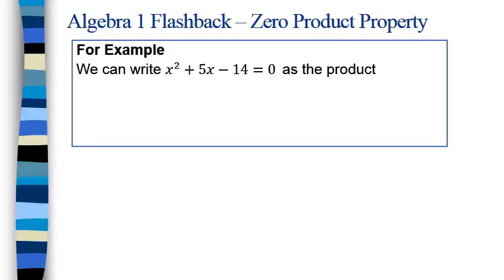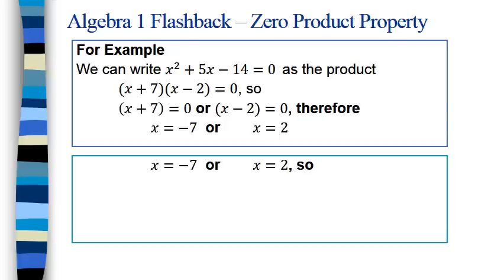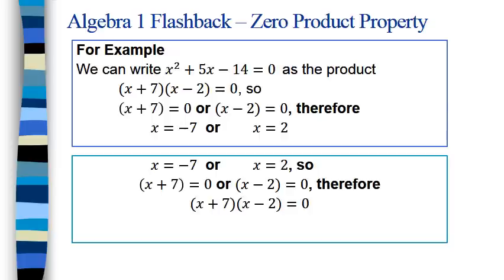So now that we know how to go forwards, so we can factor, rewrite it as two separate equations, and solve those simple equations to find our roots. We can also go backwards, and what that means is if we're given roots, then we can solve for 0 or rewrite them as two separate equations. If those two expressions equal 0, then the product of those expressions must also equal 0, and we can utilize